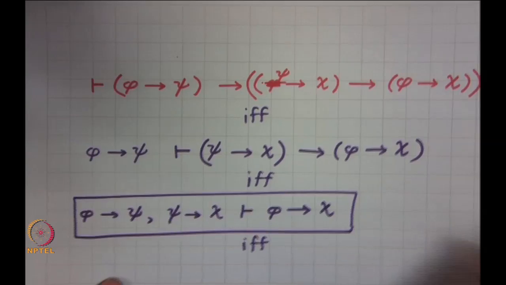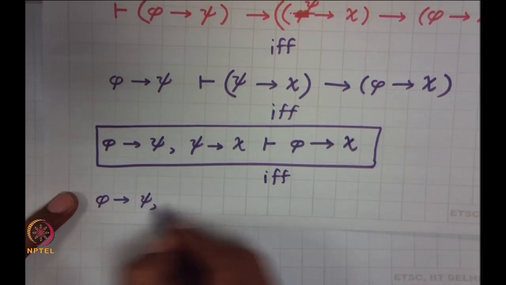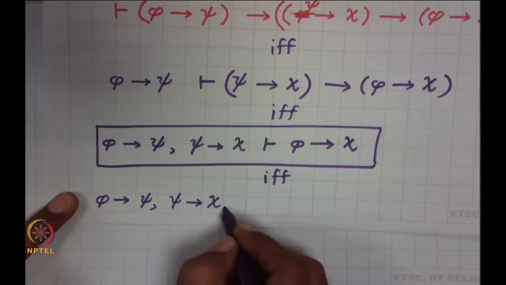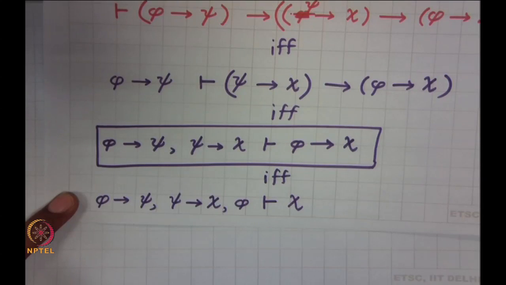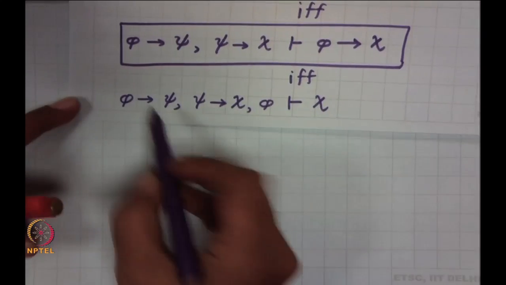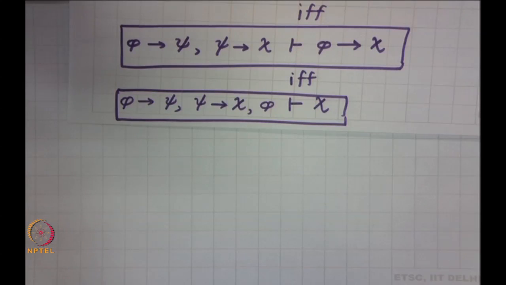Okay, so we are going to assume phi. So if and only if phi arrow psi, psi arrow chi, comma phi, chi, right. That is all. So if you prove this, it is actually sufficient, right. And how do we go about proving this? We start with these assumptions, and essentially